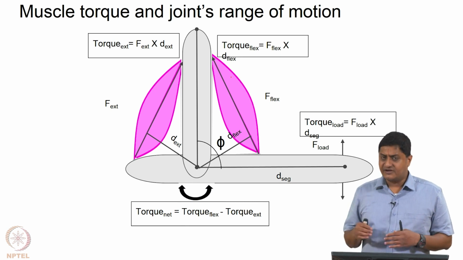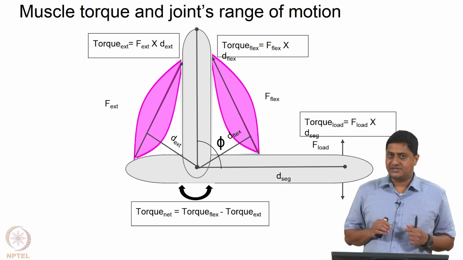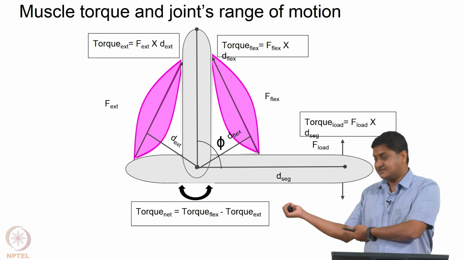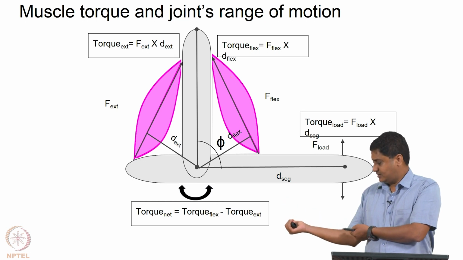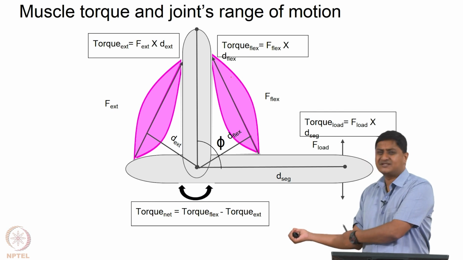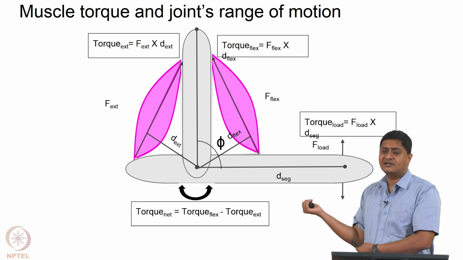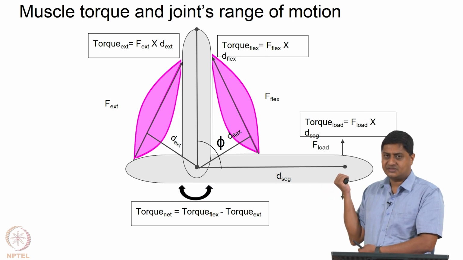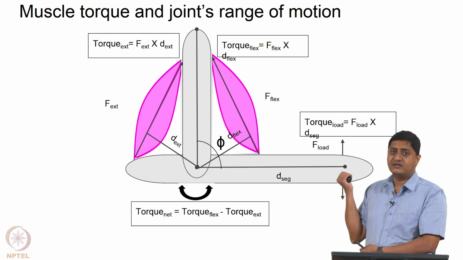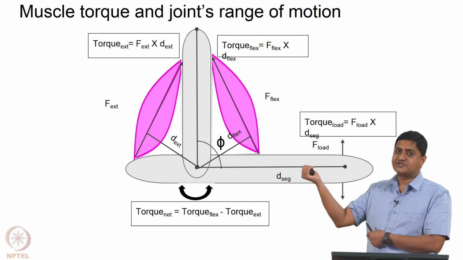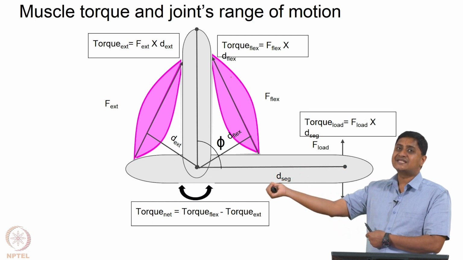Actually, there are several definitions. I am not going into the details, but for now, suppose I have the elbow joint, right. That is the elbow, and as of now this is approximately at a right angle, approximately 90 degrees. Now, that angle is slowly reducing, right, slowly reducing. That is called flexion. That movement which reduces this angle is called flexion. When I do the opposite, it is called extension.